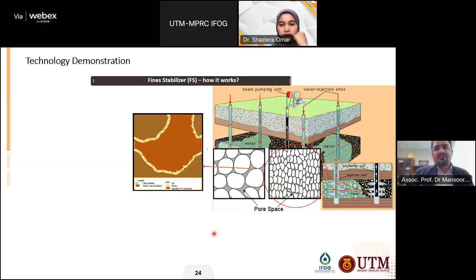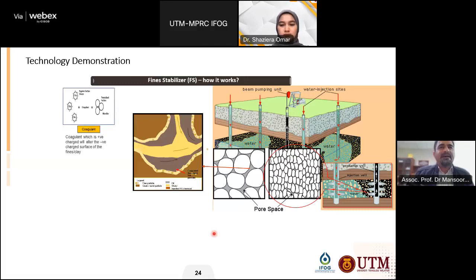It will be soaked for 12 or 24 hours. After that, it will flow back, and all of the fines will be flocculated and coagulated. And then after that, we have a flow that is free of fines. Just for your understanding, this technology is taken from water treatment. So we adopt this kind of technology from water treatment and environmental engineering to the subsurface, and it is widely used in